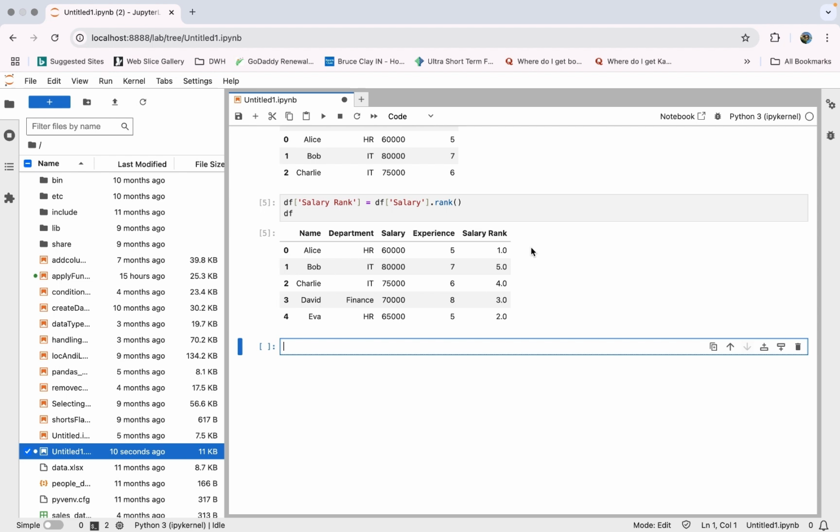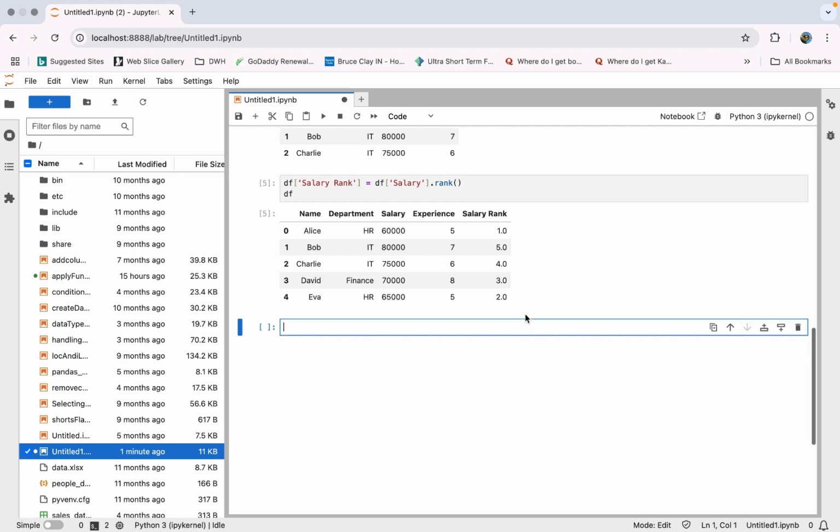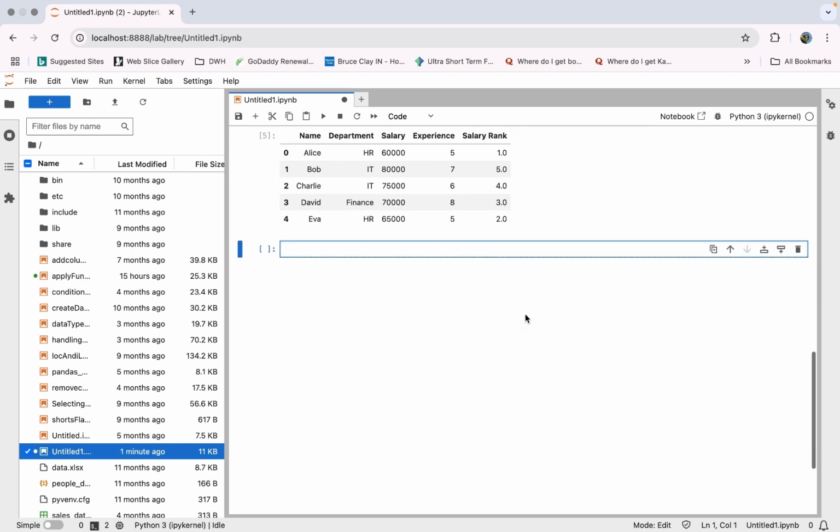The rank method here assigns ranks based on the salary values. By default, it assigns the lowest salary a rank of 1 and higher salaries get higher ranks. The rank function also has an ascending parameter, which when set to False is going to rank the salary in descending order. So we create another column which we call